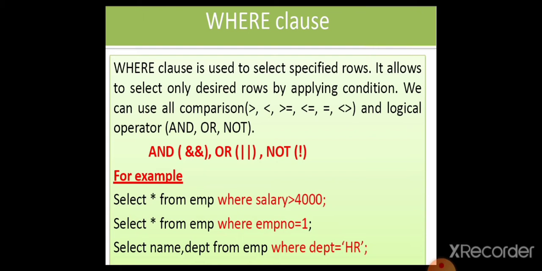So how will the compiler execute? It goes to the table from the FROM statement at first, from employee. That means from the table it will select the salary column and it will display the employee values, that is, salary which is greater than 4,000 is only displayed. So how does the compiler execute? It goes to the FROM, that is the table, then goes for a particular column, then it compares the values.